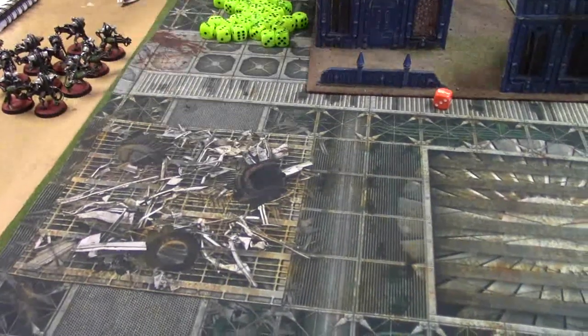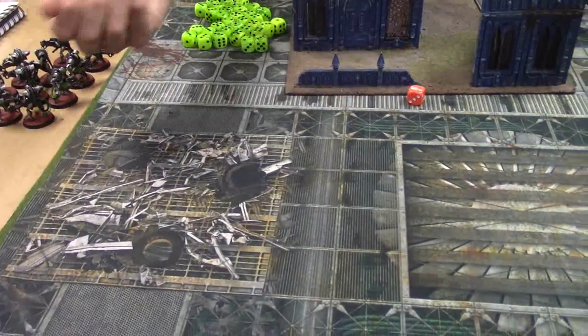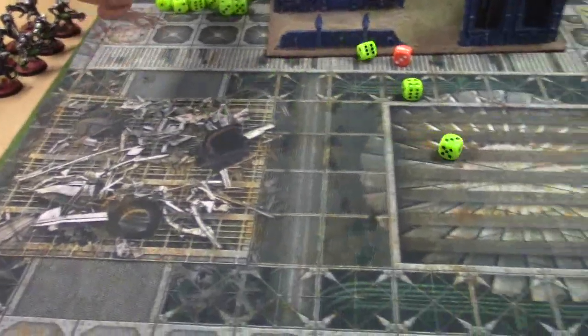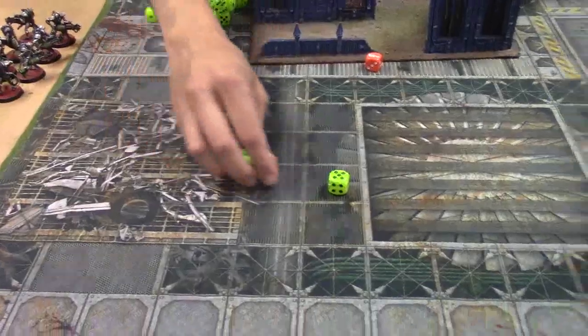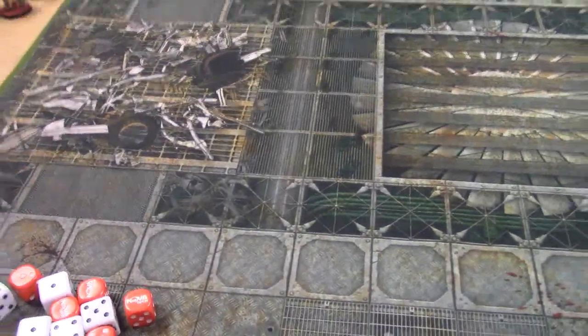Or no, hitting on 2s, because he's got the stratagem on him, right? They're minus ones. Yep. So hitting on 2s. Uh-oh. Okay. Wounding on 3s, strength 10. 3 of them, AP minus 5. It doesn't matter, the AP minus, because I have...